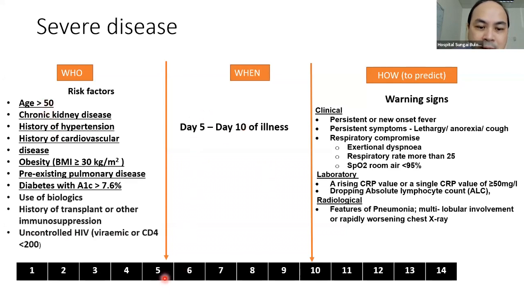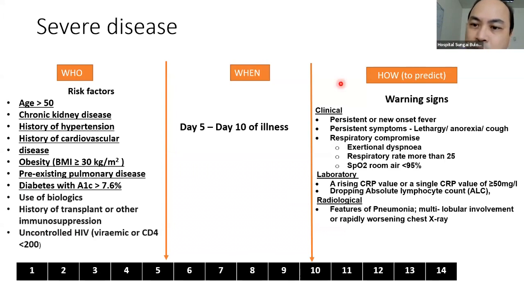Most of the time, I told you, they deteriorate between day 5 to day 10. If they cross day 10 and they don't have any shortness of breath, almost always these patients do not deteriorate. I repeat, once they have crossed day 10 of symptoms, and their symptoms definitely started 10 days ago, they had sore throat and runny nose, and then by day 10 no shortness of breath and all that, these are probably the 80% of patients who haven't developed severe disease. So even if they are 65 years old, you can probably relax your monitoring on them.